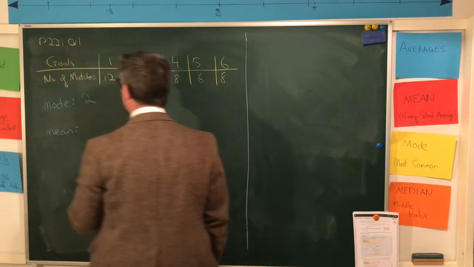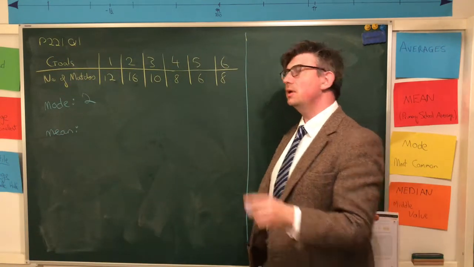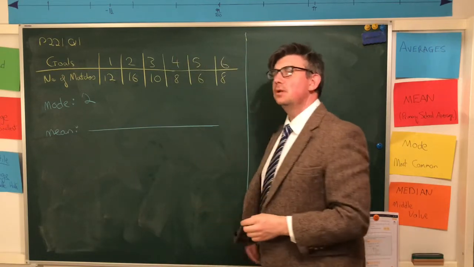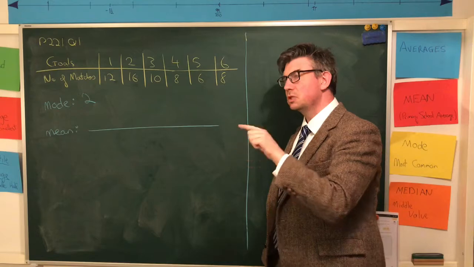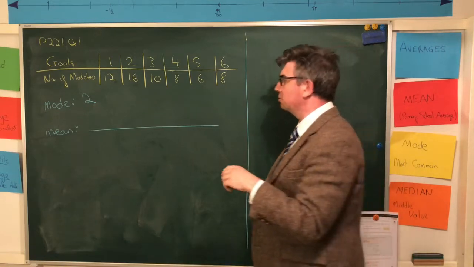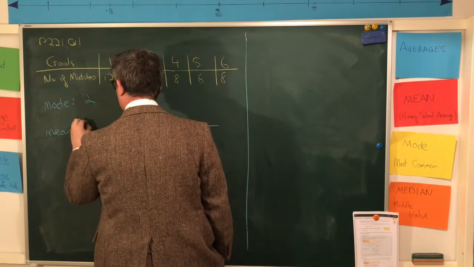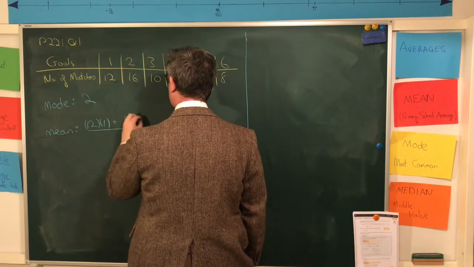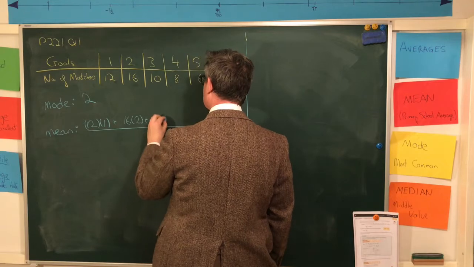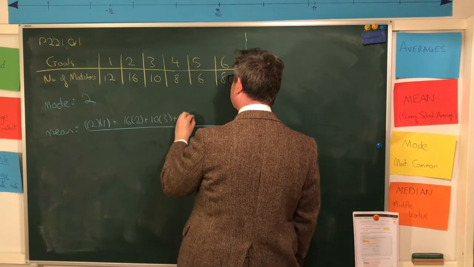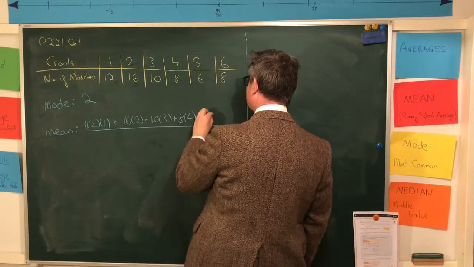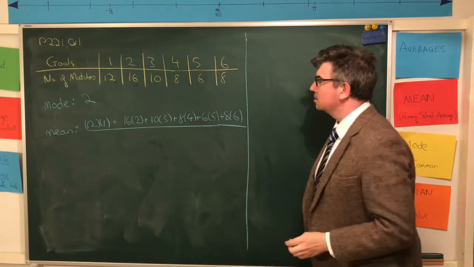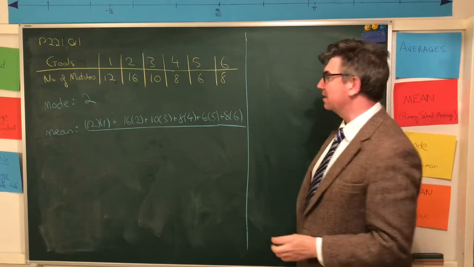And to calculate the mean, I'm going to add all the top together. Rather than writing out 1 plus 1 plus 1 plus 1 12 times, I'm just going to write down 12 times 1 plus 16 times 2 plus 10 times 3 plus 8 times 4 plus 6 times 5 plus 8 times 6. So that's the top line, adding them all together, and I have to divide it by